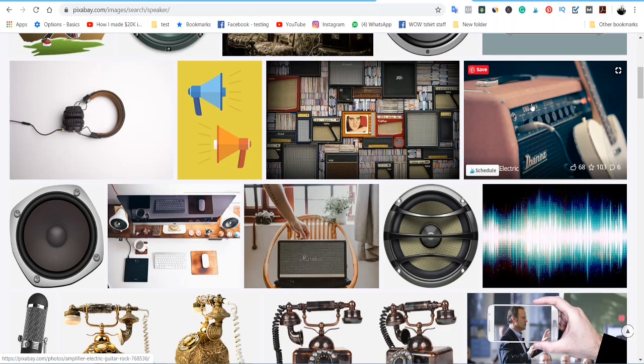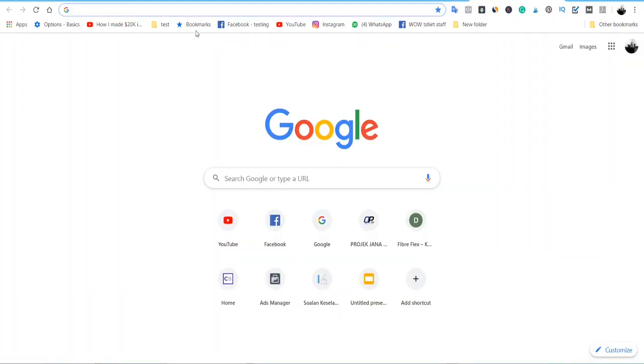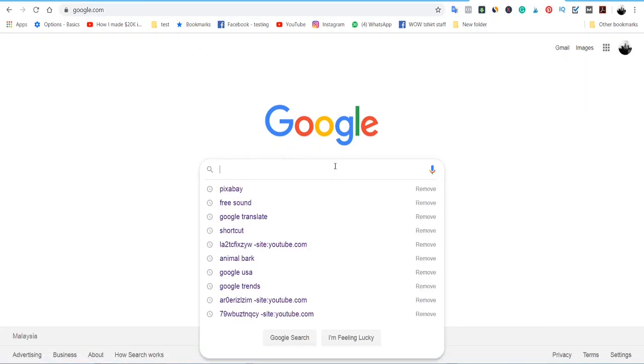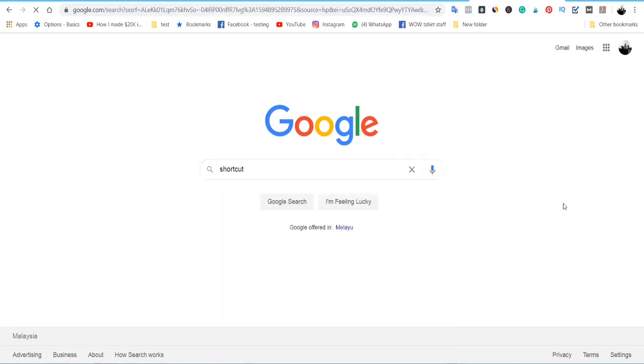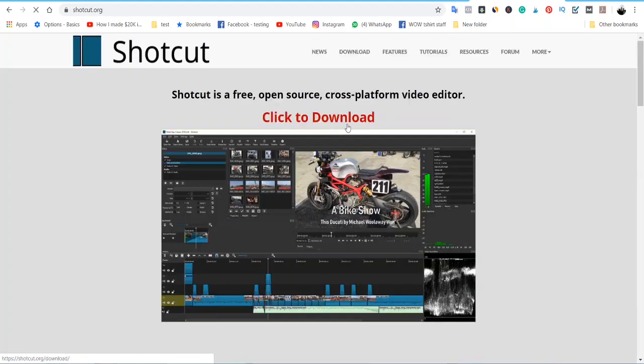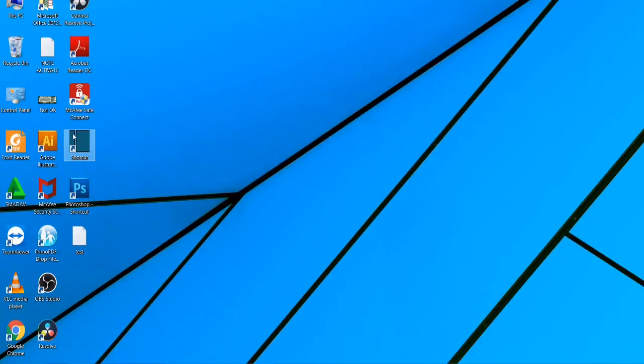And then next, what you need is a software that is going to help you merge both files into one video file, right? So I use Shortcut. It's a free software. Just head over to shortcut.org and then download this free software. Okay, this is a very simple and yet powerful software, especially for beginners. So I have it installed on my laptop, so I'm going to pull it out, and then I'm going to teach you how to merge both files into